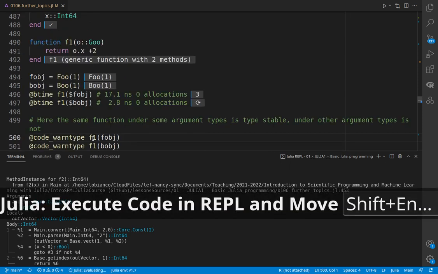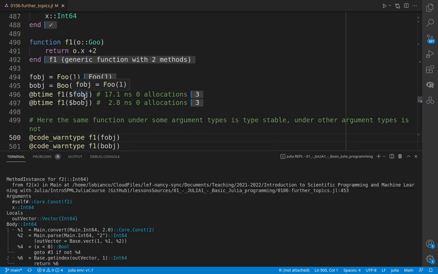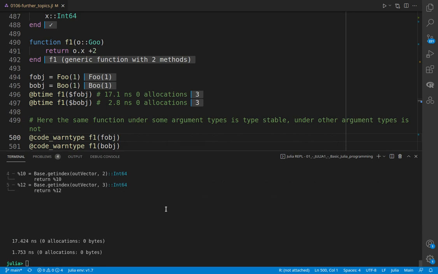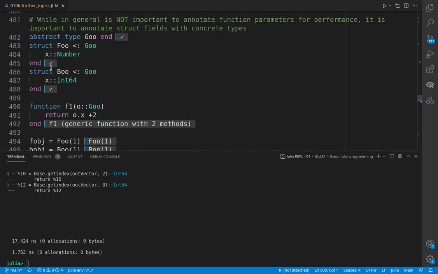And we'll see here that the time is very different again, 17 times. Actually, it doesn't create methods, sorry, I was wrong. It doesn't create new methods here. But it calls the same method with two different subtypes. And you can see that because this type here is made of all concrete types,